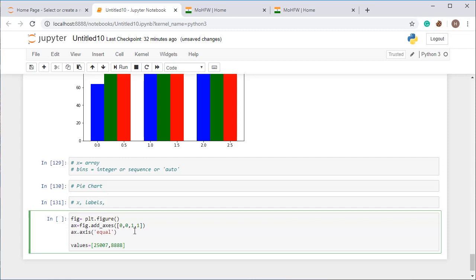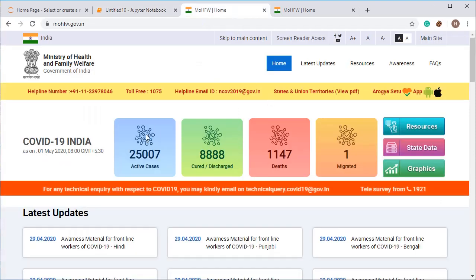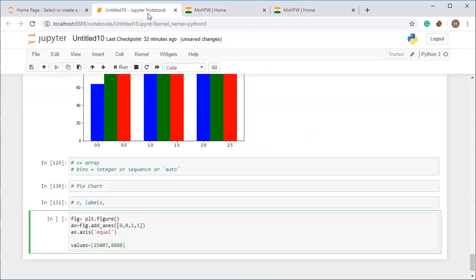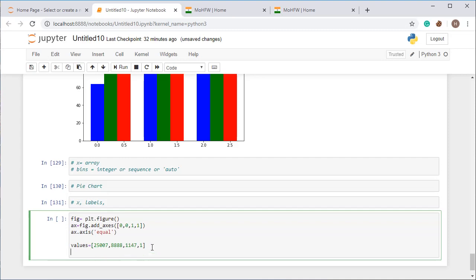You can see here I have taken the data from here, and then other data is 1147, and the one data is 1. All right, so this one is the value.